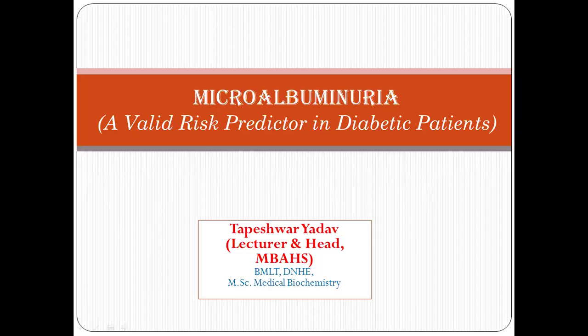So another important topic is microalbuminuria. Very, very important topic. Microalbuminuria is a valid risk predictor in diabetes patients. If you break down microalbuminuria, micro means smallest, albumin is going to be present in the urine, which is going to pass through the urine. That is